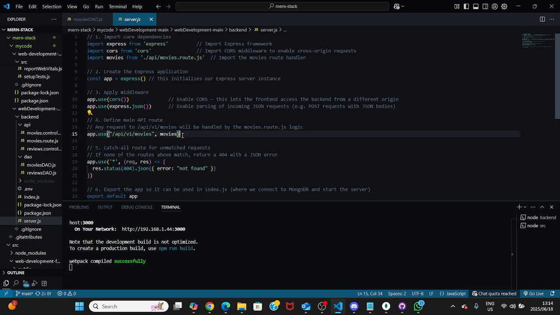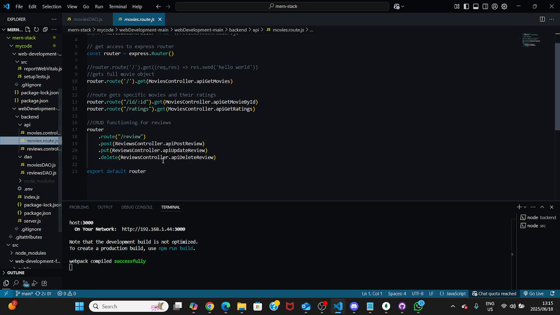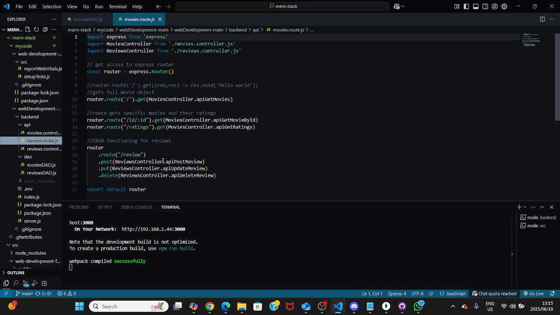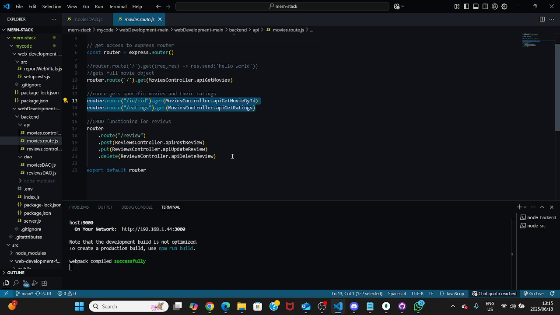And then over here we are defining an API route. Any request to API v1 movies will be handled through the movie route.js logic, which will go over here, and this is where everything will be handled. So here we get access to the express route, and then over here the route sends hello world, gets the full movie object, and then this goes over here. This route is for the movies and their rating, and then we've got the CRUD functionality